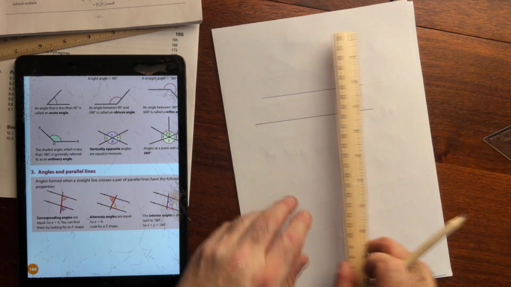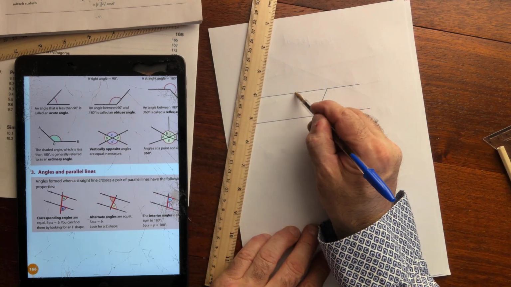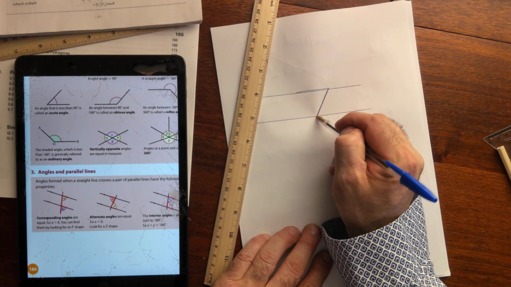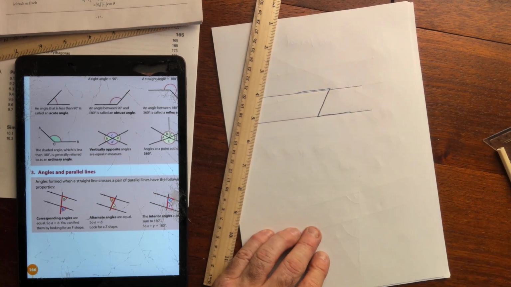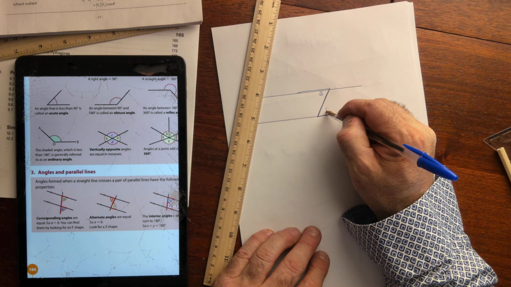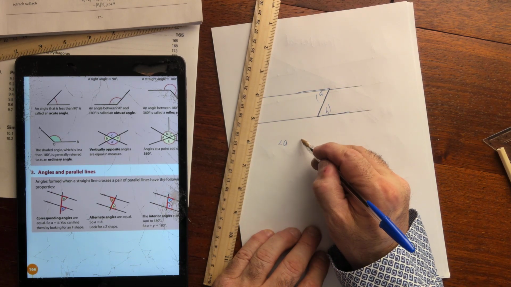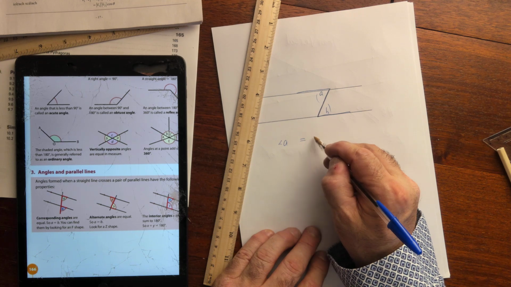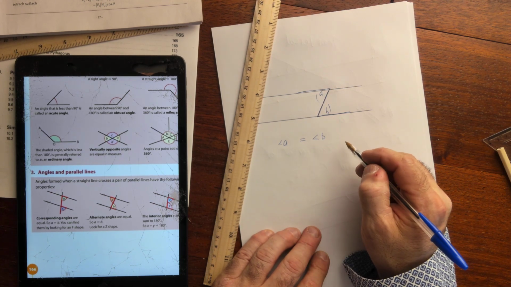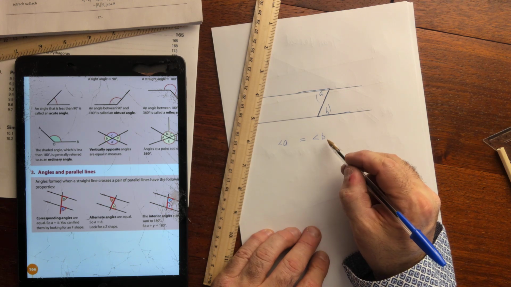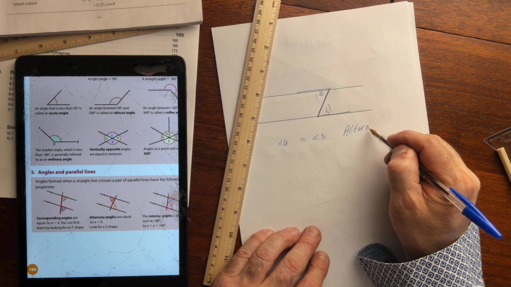Which looks like a Z. So when you trace out this bit here, it looks like a Z, and this angle here, they're using A and B again. A and B, in this case, angle A is equal to, you can use 3 lines because they're congruent, but is equal to angle B always, because they're what are they? They're